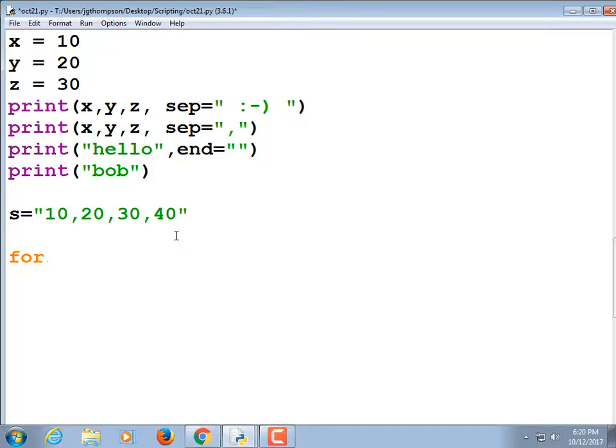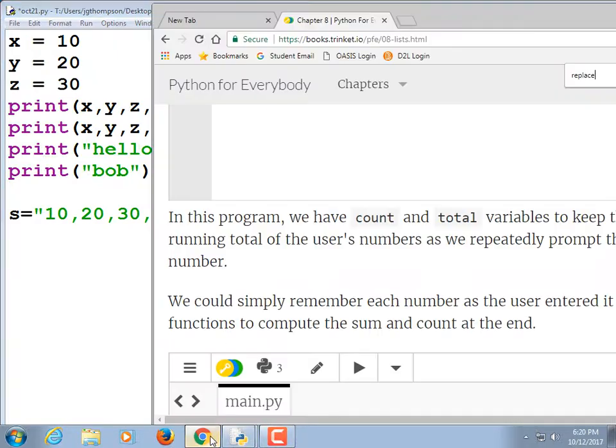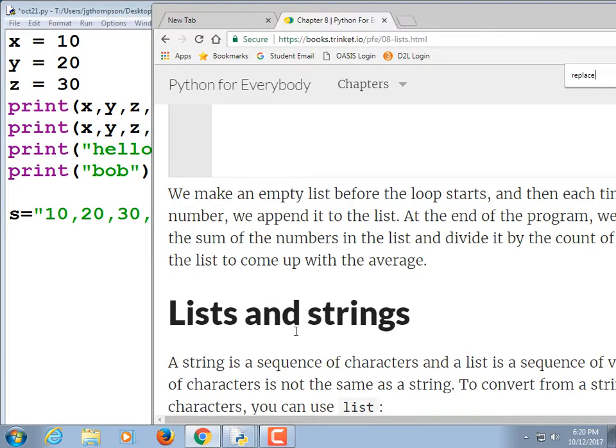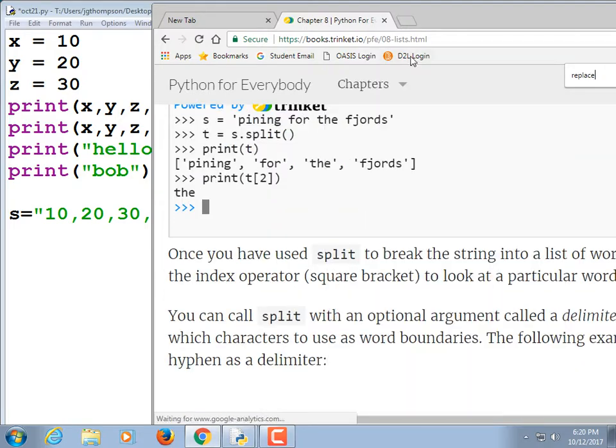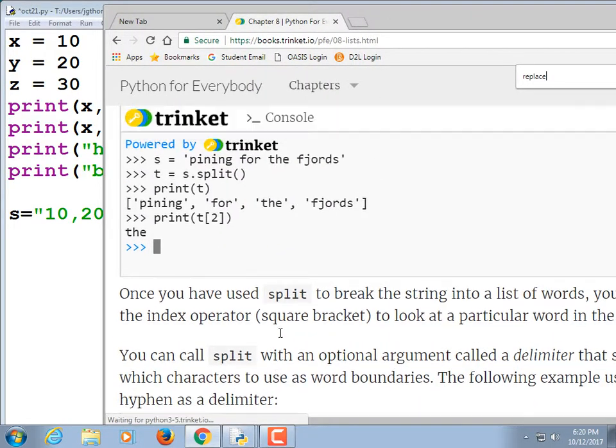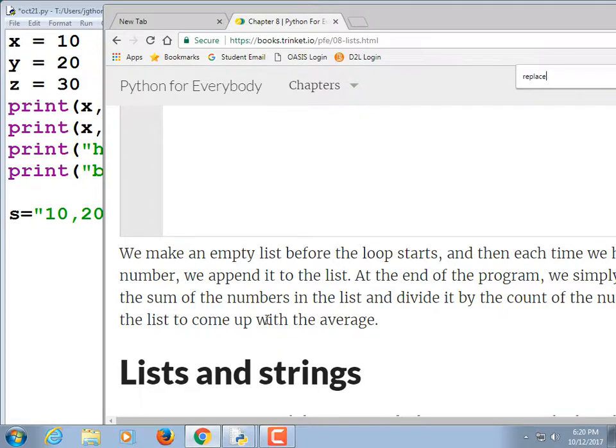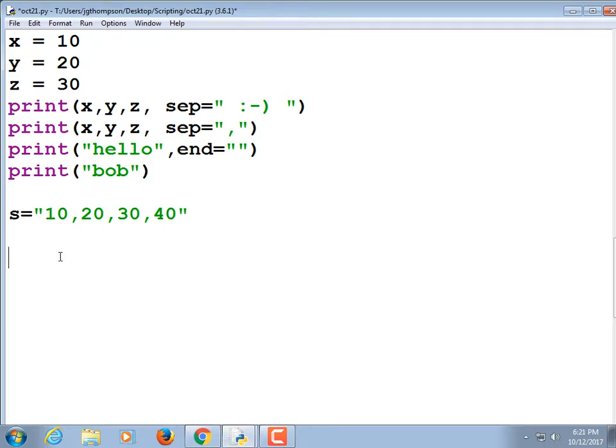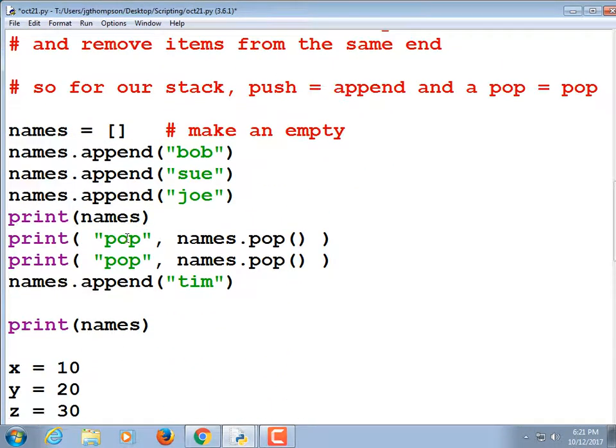So, for... I'm just going to skip this idea entirely. So you can consider a string effectively a list of characters, but there are a few differences. You're allowed to change elements in the middle of a list, whereas you can't change elements in the middle of